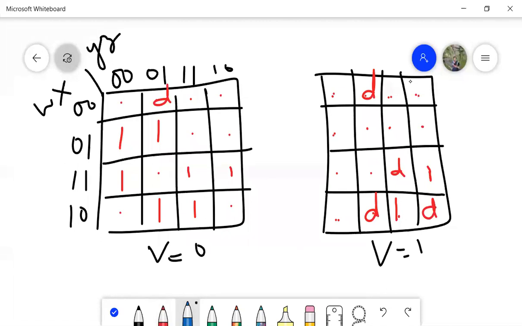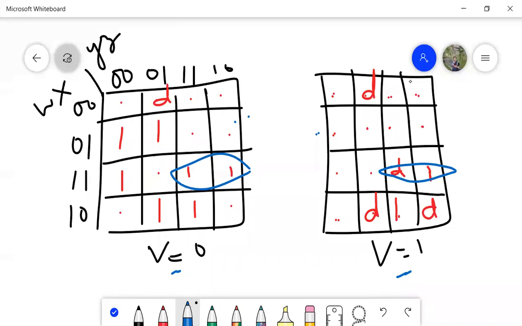Now we have to solve it. How will we solve it? To solve this one, check what is common in both the K-maps. You have two K-maps, V is equal to 0 and V is equal to 1. What is common in both the K-maps? It is always good to take what is common in both the K-maps. So I can see this part and this part is common in both the K-maps. Let me leave it. One combination. Then what is the next combination I have?